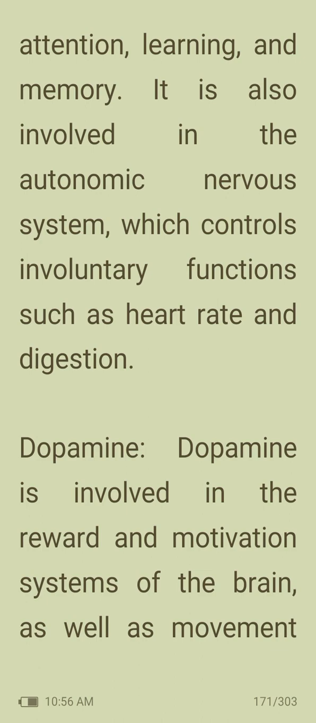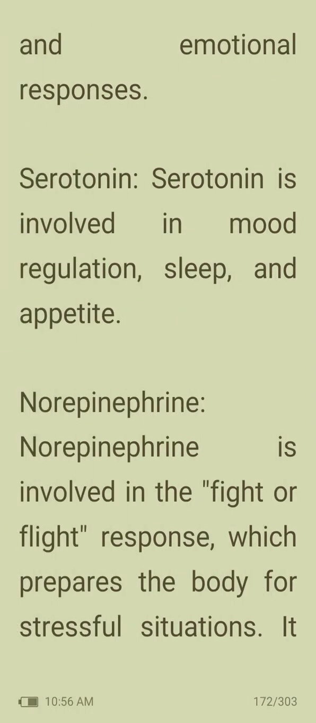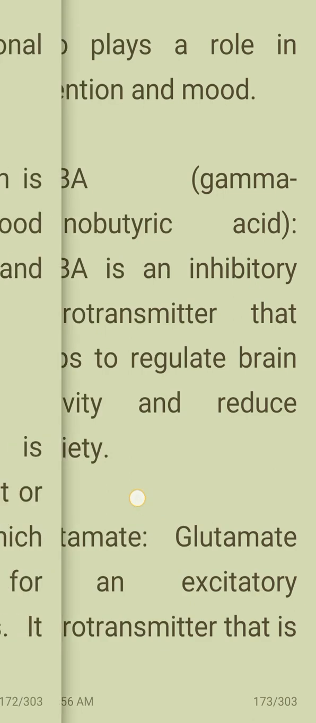Dopamine is involved in the reward and motivation systems of the brain as well as movement and emotional response. Then serotonin. Serotonin is involved in mood regulation, sleep, and appetite. Then norepinephrine. Norepinephrine is involved in the fight or flight response, which prepares the body for stressful situations. It also plays a role in